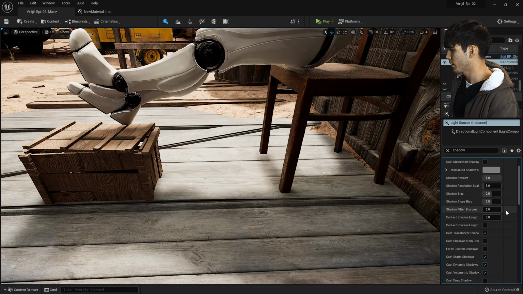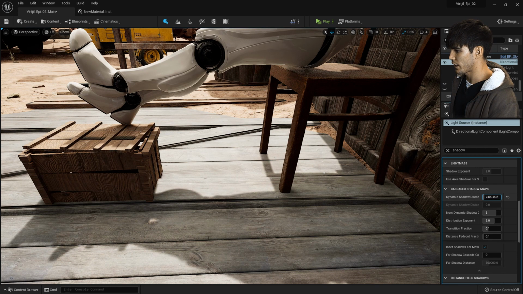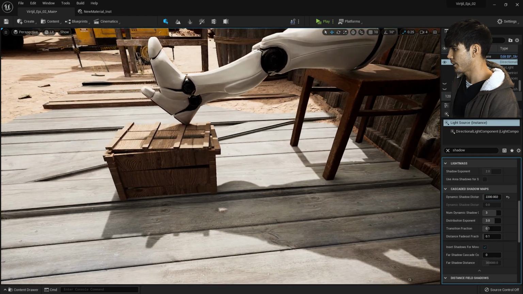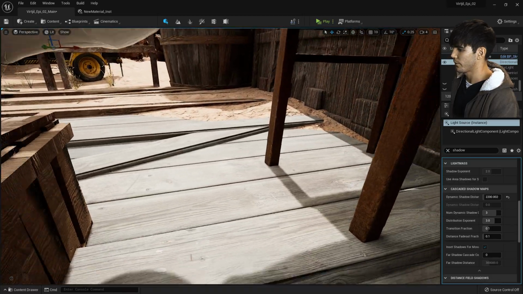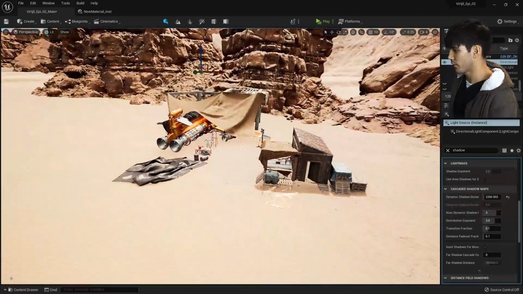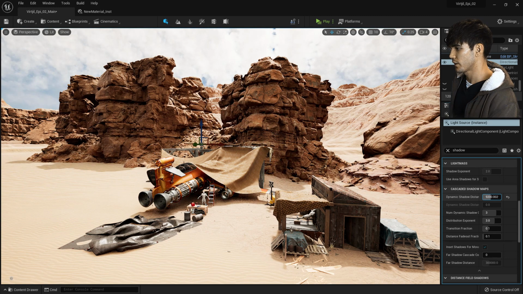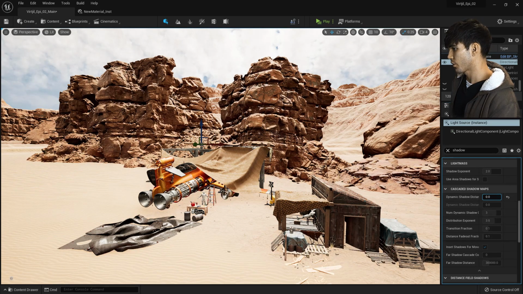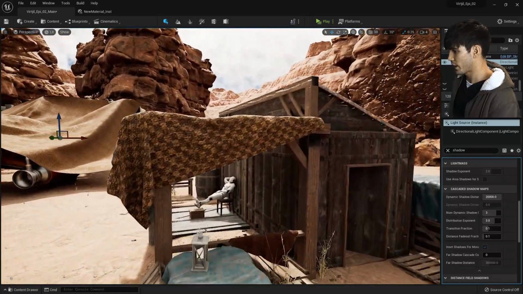Another solution is going to the dynamic shadow distance. If you pull that down, you also get the nice crisp edges, and there's no gaps here by the leg of the chair. However, if you go out of your scene and just have a nice wide view, pulling down the dynamic shadow distance completely removes the shadow from further objects. So again, not the best solution necessarily for all situations.